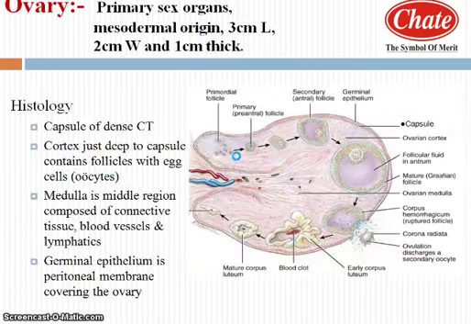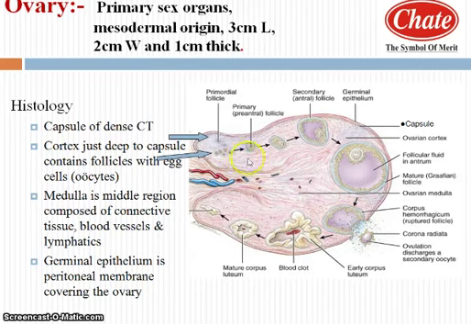Now we want to go into details of the ovary with the help of its histological structure. Like testes, the ovary is also covered by a thick capsule of dense connective tissue, consisting of the most important layer, that is tunica albuginea. The ovary is lined by germinal epithelium, and internally we observe that the ovary shows two distinct regions. The outer peripheral region is termed as the ovarian cortex, while the middle region is termed as the ovarian medulla.